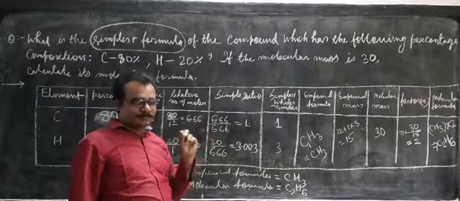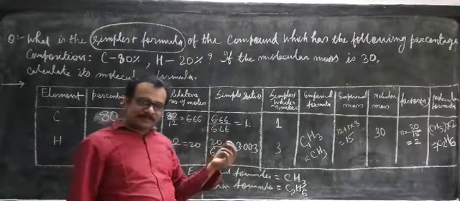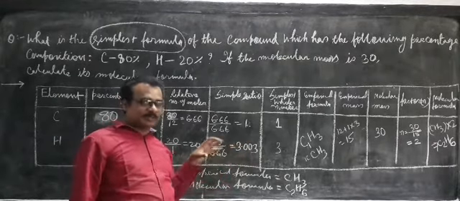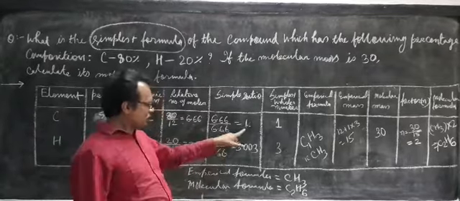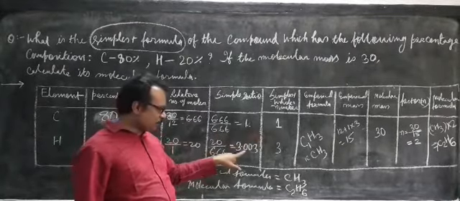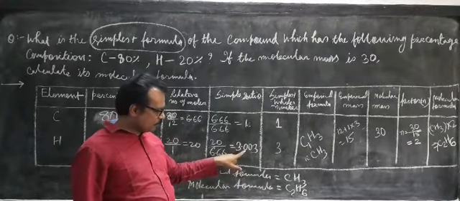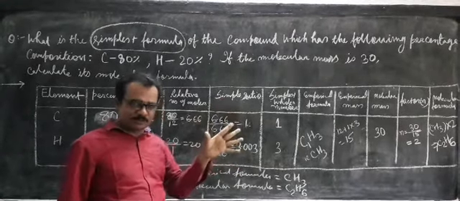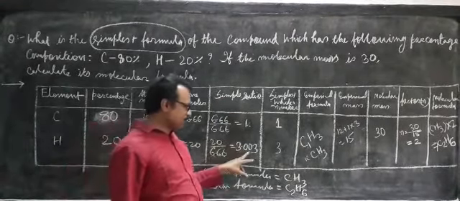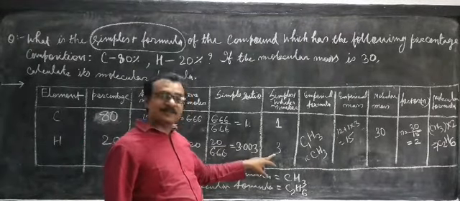If a certain decimal fraction is very small, then for the nearest whole number we generally write it as such. So 1 is 1, but the other is 3.003. This 0.003 is a very small number. It can be neglected. It has no importance. So that is why 0.003 is neglected, and we write 3.